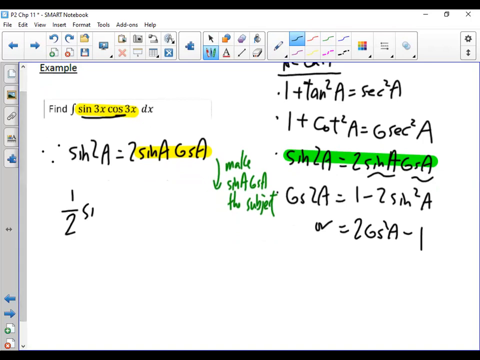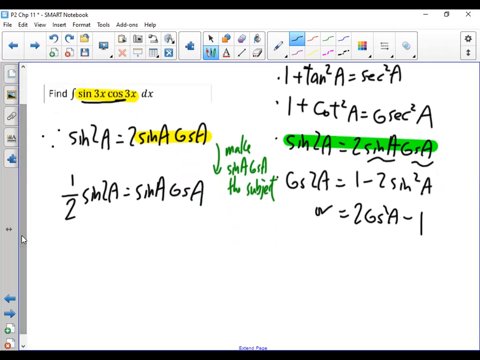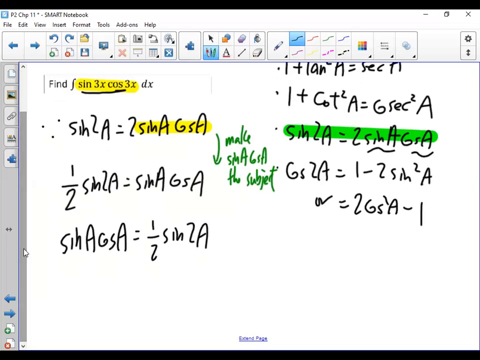I'm going to write a half sine 2A equals sine A cos A. I'm going to write the subject on the left-hand side, that's my usual thing to do. Half sine 2a. So therefore, we can now replace it: the integral of sine 3x cos 3x dx equals